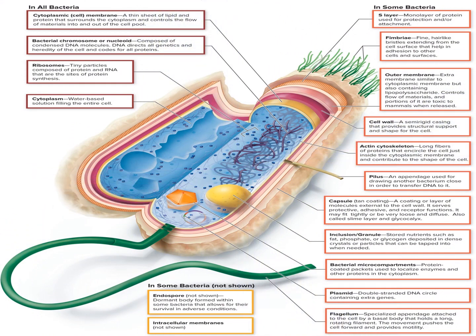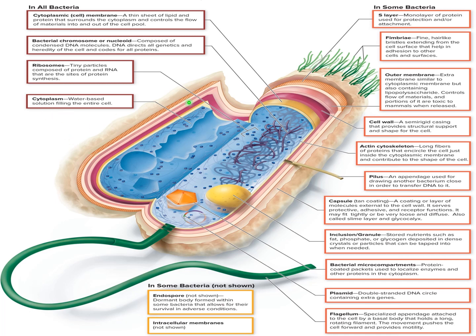This is just the generalized structure of a bacterial cell. In all bacteria, they all have a cytoplasmic or cell membrane, which is made up of a layer of phospholipids. The bacterial chromosome or nucleoid. In most bacteria, the chromosome is a single circular haploid chromosome. There are a few bacteria that do have linear chromosomes, but they are very few. The ribosomes are scattered throughout the cytoplasm, and this is where we will make our proteins, and of course the